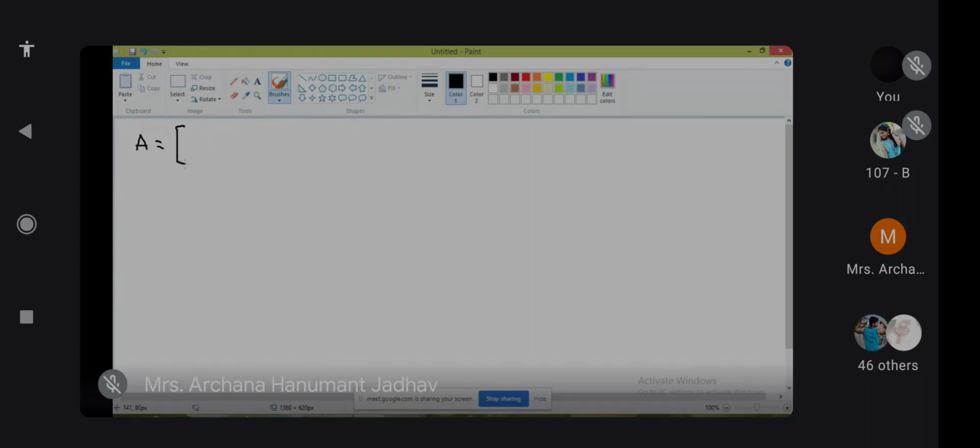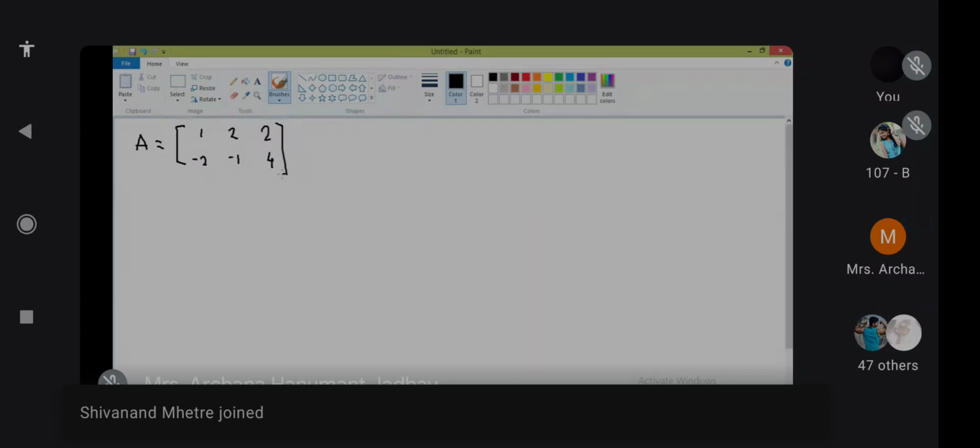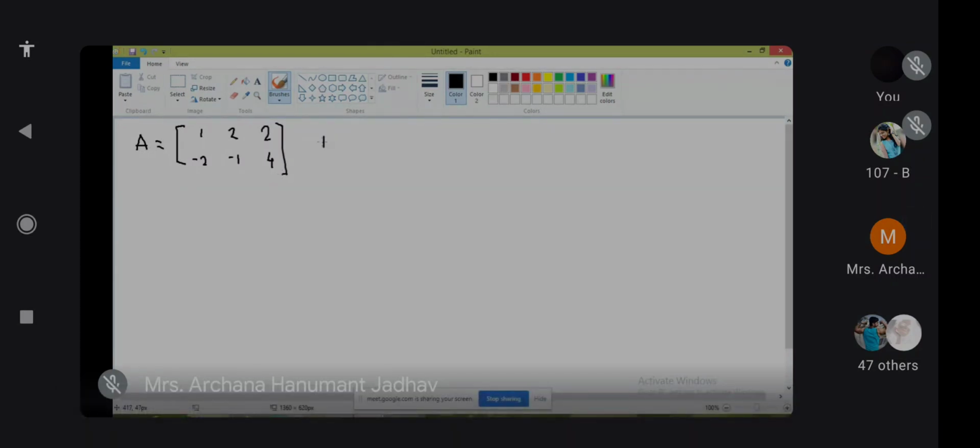So first row is 1, 2, 2, second row is minus 2, minus 1, 4. Okay, so this one is 1 2 2 minus 2 minus 1 4, and B matrix is